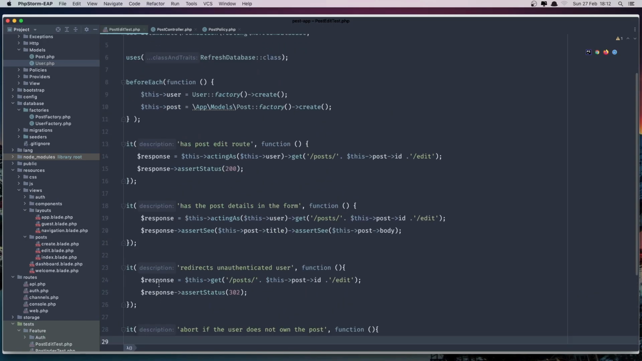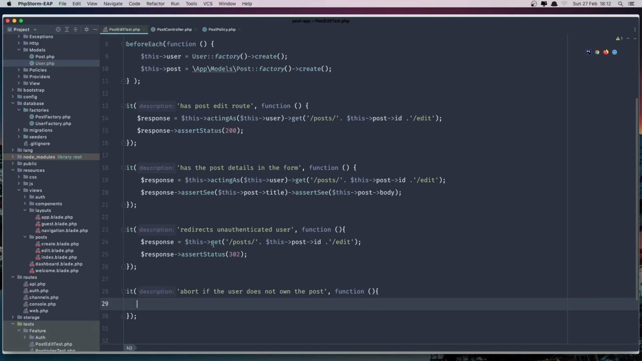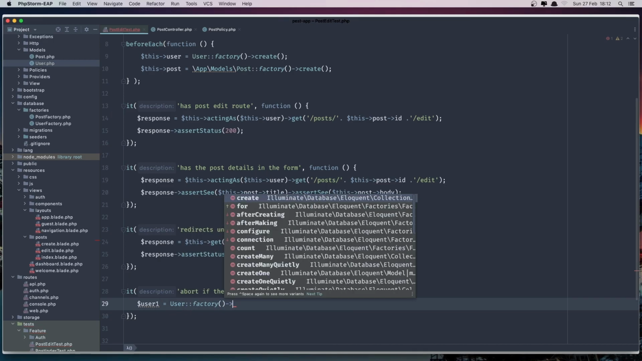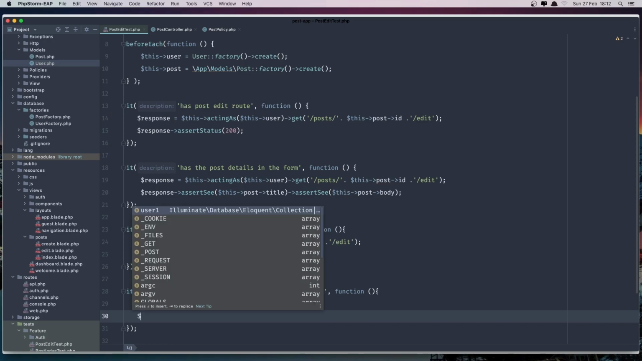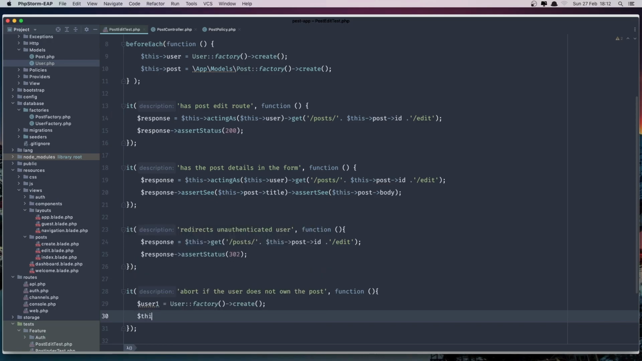So the first user we have here, I'm going to create another user. So $user1, I'm going to say, and it's going to be User factory create. Okay, now with that, I'm going to create a post for this user, and we have the relationship. So I'm going to say post create,